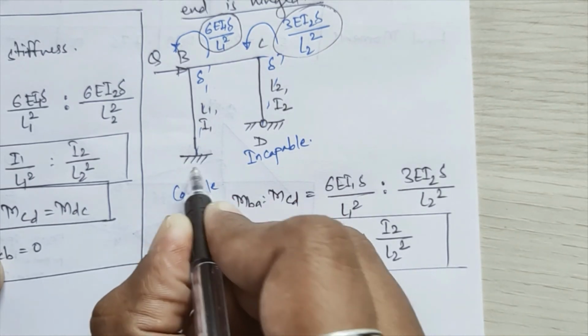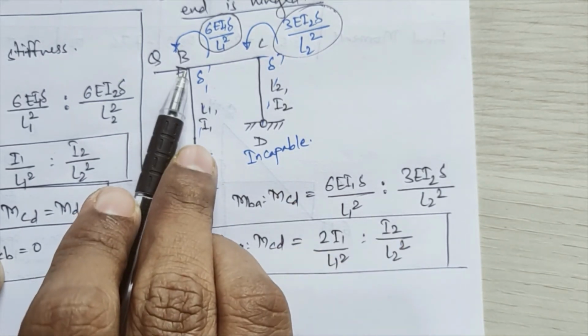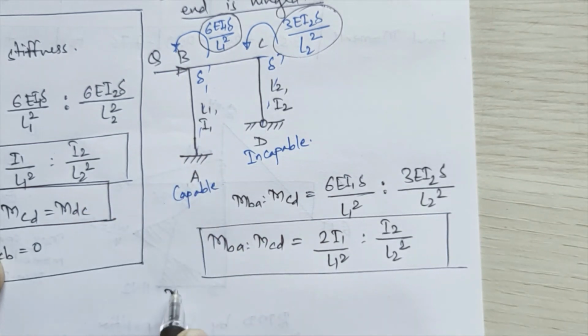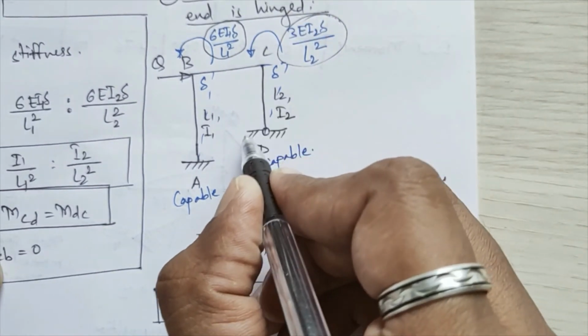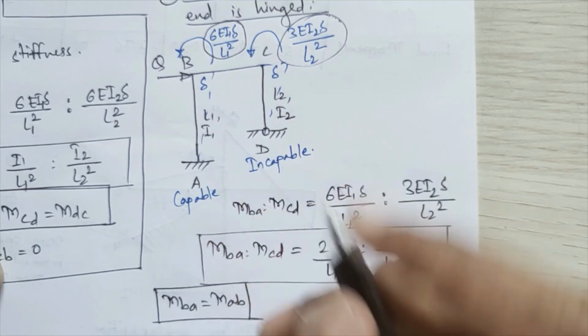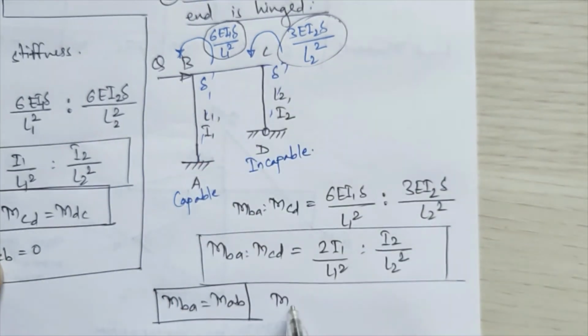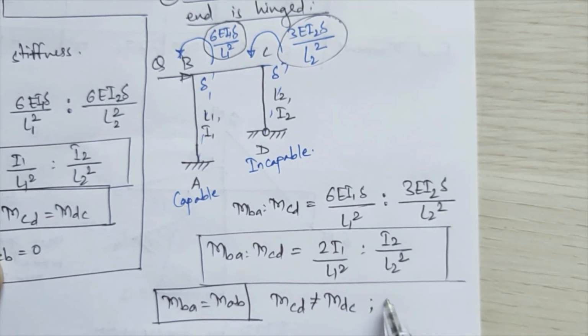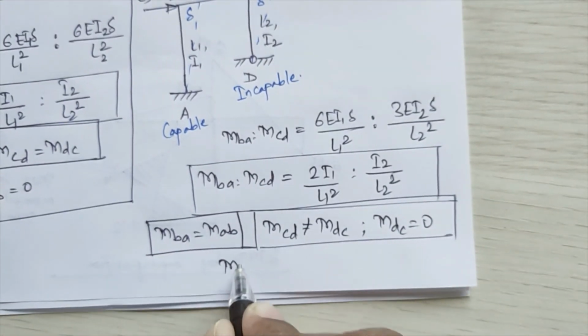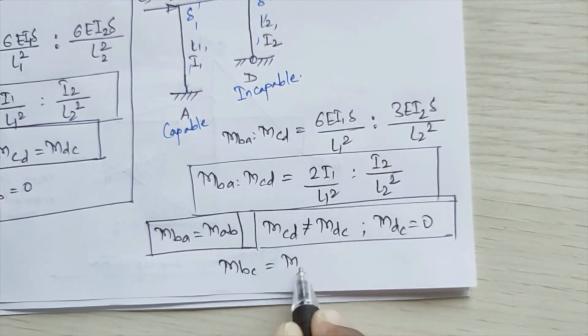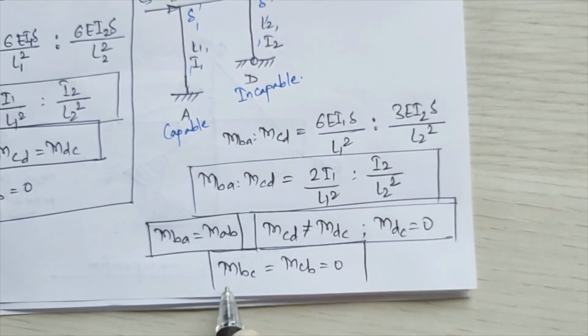Now if you check, joint A is the capable support. So whatever moment is coming at joint B, that is the BA moment, will be equal to your AB moment, and AB will not remain equal to 0 now. Then this is your incapable support, that is at joint D. So whatever moment is coming at joint C, MCD will not be equal to MDC, provided MDC will be equal to 0. So this will be your case number 3. And for horizontal members, directly MBC is equal to MCB, which will be equal to 0.